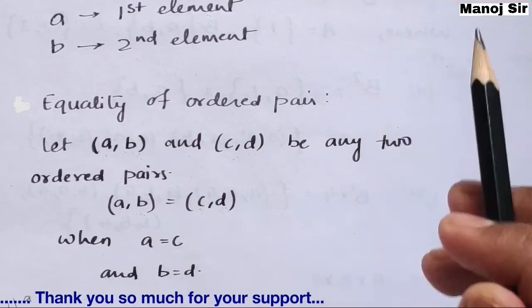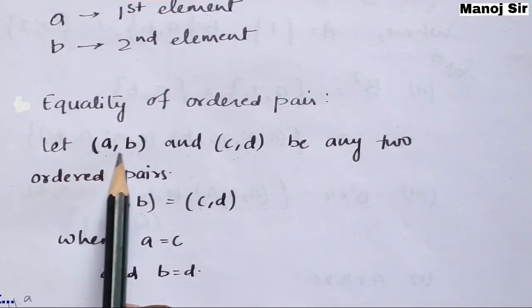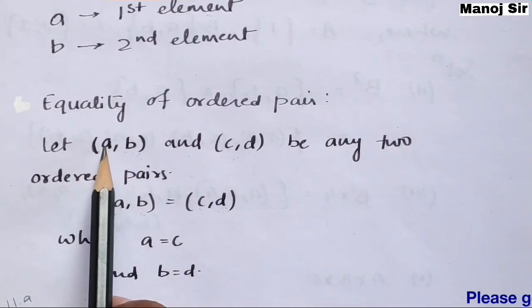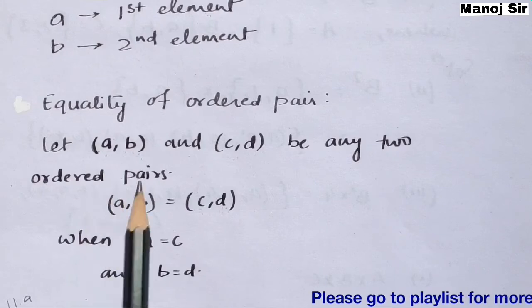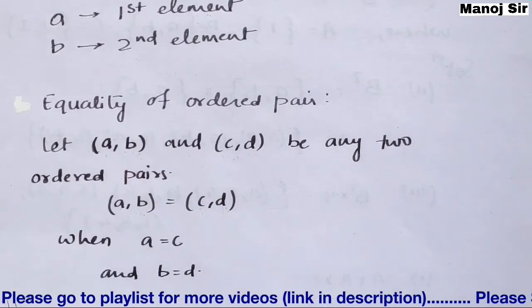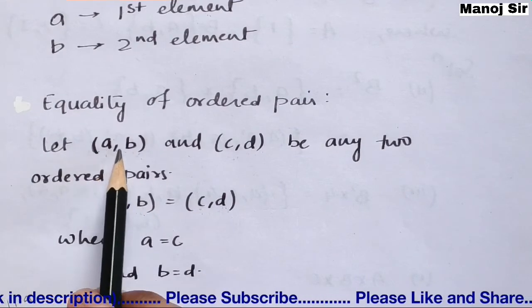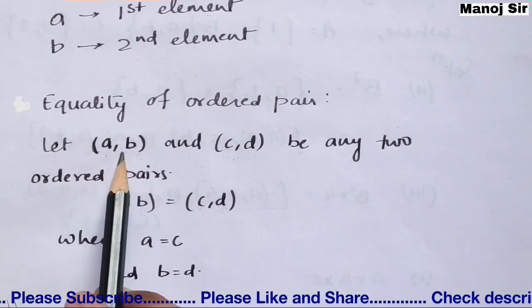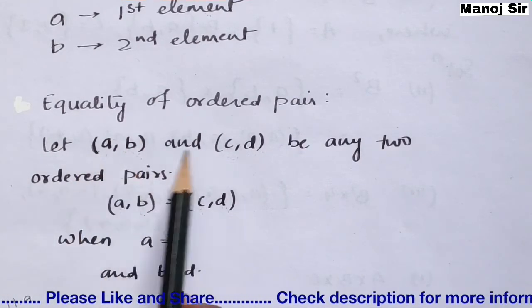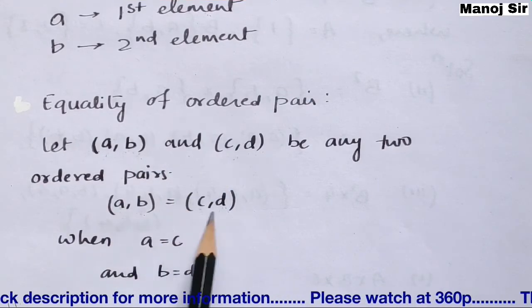Finally, you can see this ordered pair is written in this form, that is in brackets you need to write two or more elements. Here you may get more than two elements also. Let's suppose we have two elements a and b, so (a, b) in this bracket is my ordered pair. Now when will these two be equal? When a is equal to c and b is equal to d.